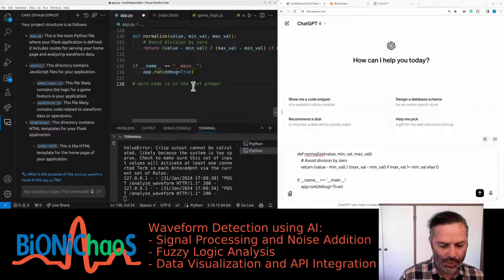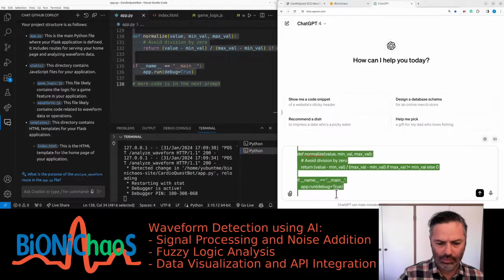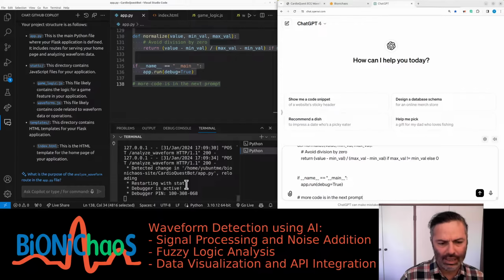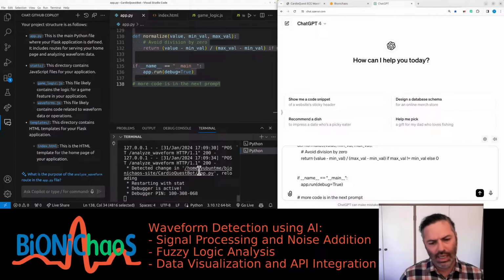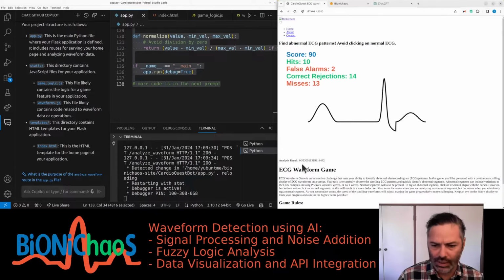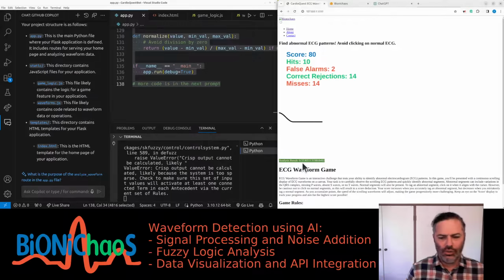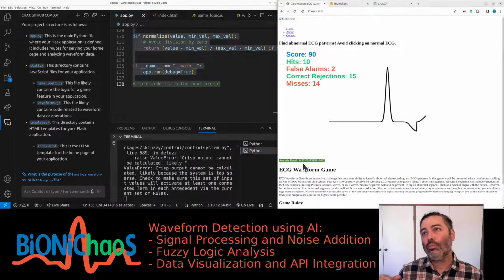Assuming GPT is aware what's the current prompt and what's the next prompt is. Yeah, already can tell we're having some errors coming through. That's happening for this analysis result. So this analysis result is a result of